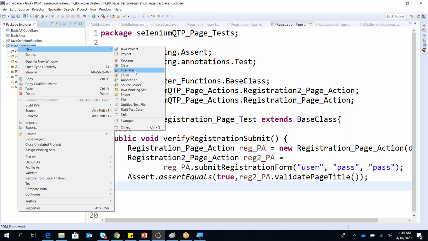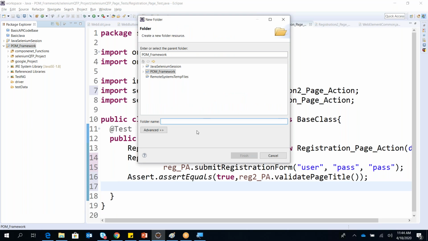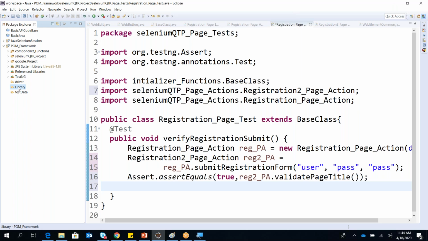Also, you need to create a library here. So this is my library folder, where I can keep all the common libraries, like my Selenium library, my Apache POI, that is my Excel library, my JSON libraries, my SQL libraries, any other library required, I can keep within this library. So that these are in a common place, and any other project can refer from here and use it within your project. By that way, it's easy for you guys to work on any of the frameworks.